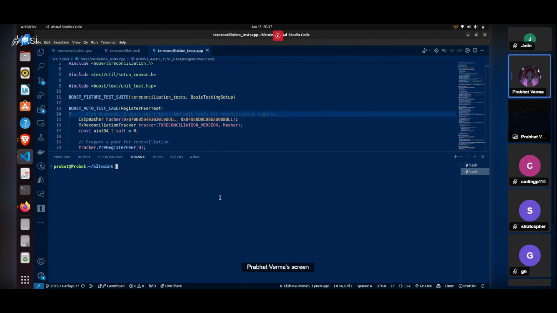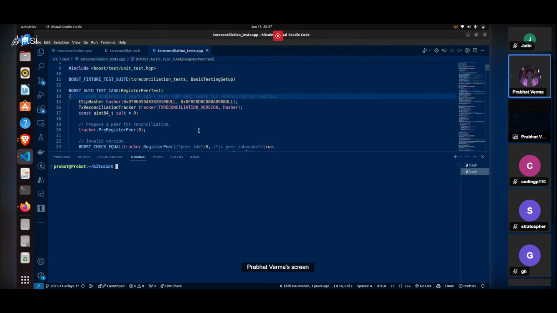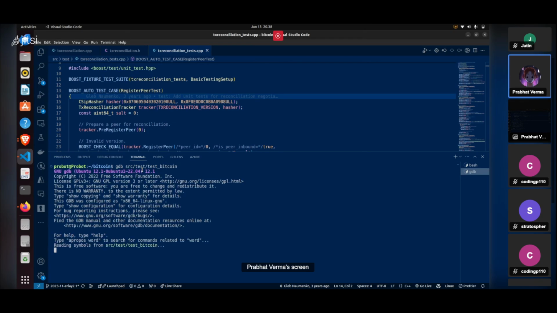So if I would like to run this test, first I run GDB with the location of the executable file, and this will create an executable element for me to test all the functions that we would like to run